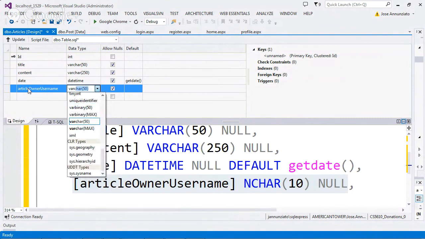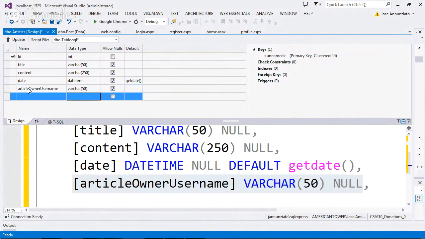Did we create a table for this already? First one we did this. So article owner and then article author. The owner is the owner of the blog, or the wall, right? And the author is who wrote the article. It could have been me or it could have been someone else posting on my wall. So we'll keep track of the article